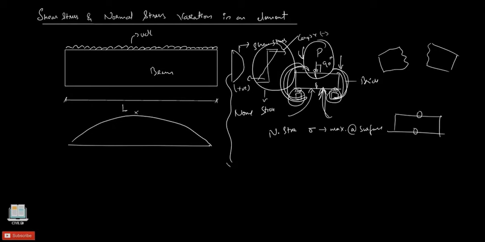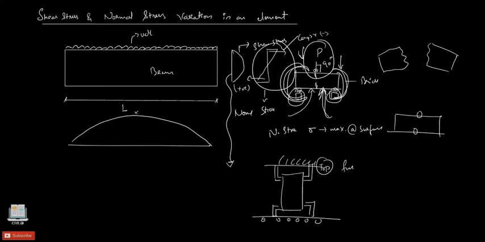Let's have a look at shear stress. Now what is shear stress? Shear stresses are those which tend to act parallel to the surface. Okay, this is our brick here. I hold this in the vertical direction. Now I will place this in a UTM machine like this. The topmost grip is fixed, and at the bottom we have a sliding base. These are small rollers. Through this we apply a certain pressure P.